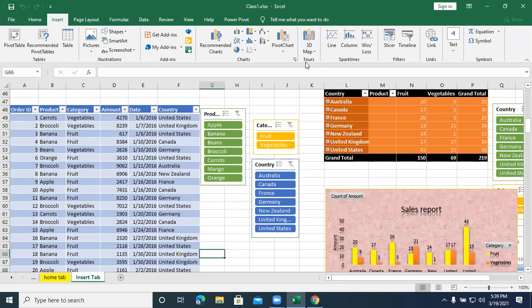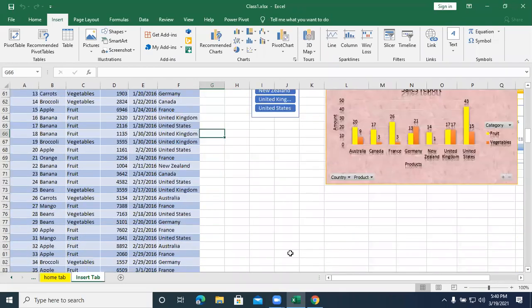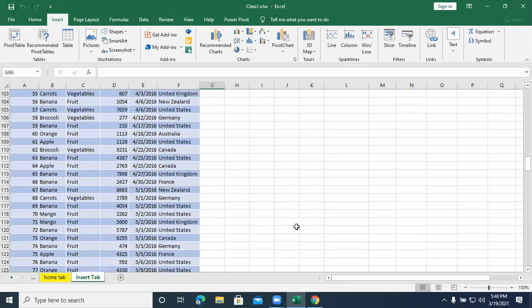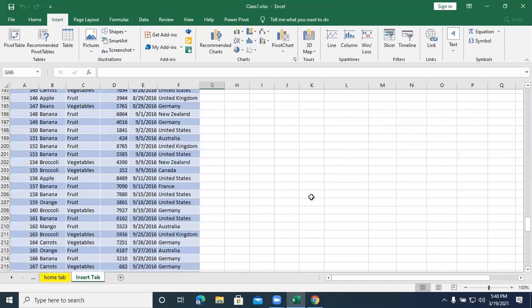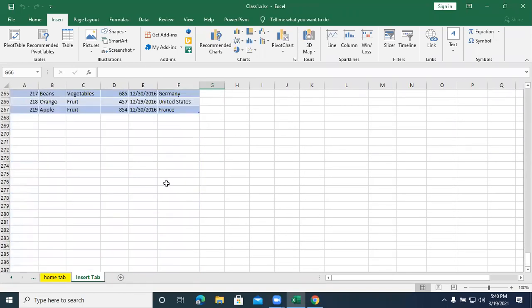So whatever chart we are inserting, either it is inserting a range of the cells or it is taking the entire sheet or entire window. Is it possible to insert a chart in one single cell? It is possible with the help of sparklines. So we go for the next data. So sparklines.